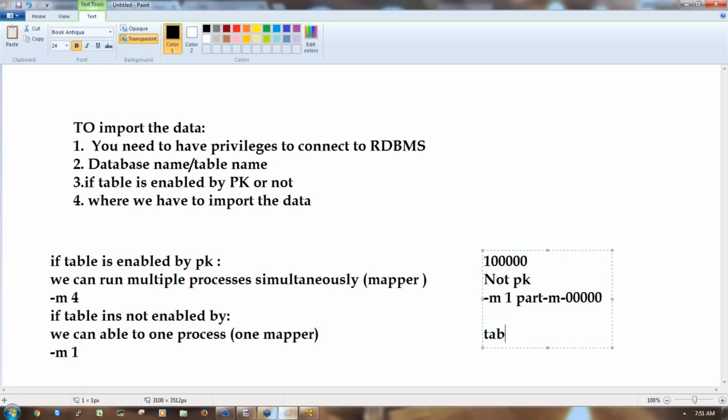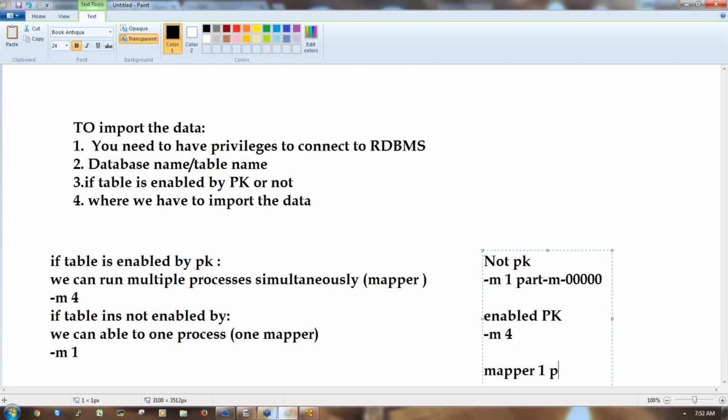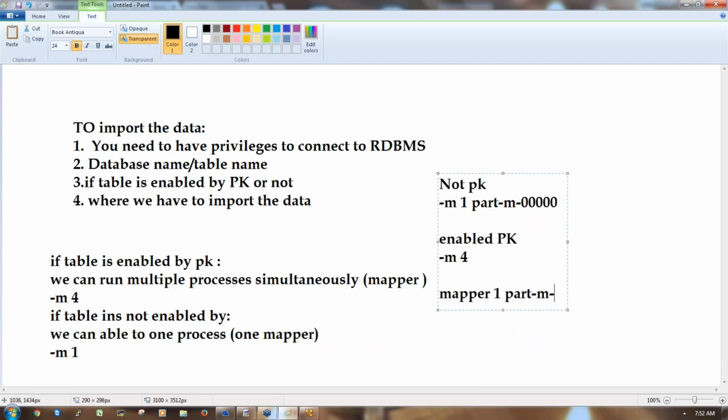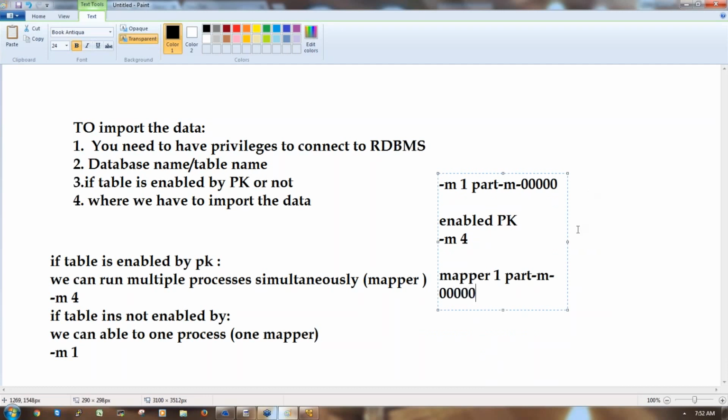If the table is enabled by the primary key, then I can run multiple mappers. Mapper 1 will create one part file, and we are using 4 mappers for 1 lakh rows. Mapper 1 will import rows 1 to 25,000.